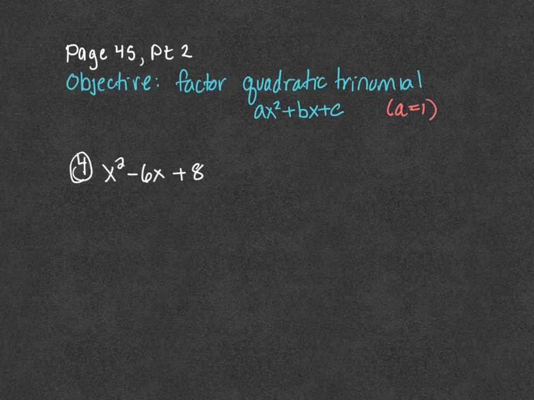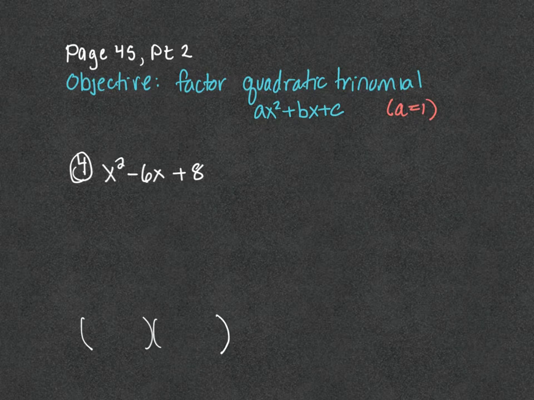Right, we are going to continue on with page 45. This is the second part, and we are starting with problem number 4, which is x squared minus 6x plus 8. And so we are looking for the two binomial factors that would multiply together to create this original quadratic